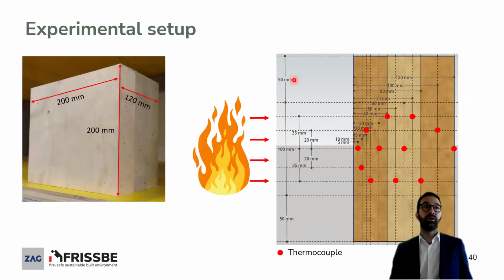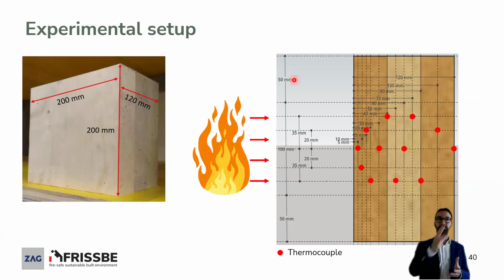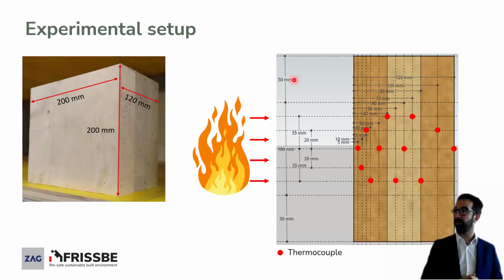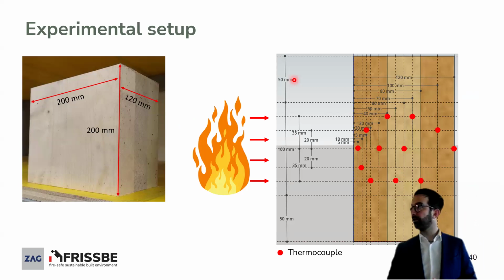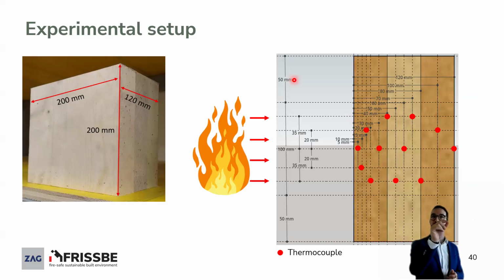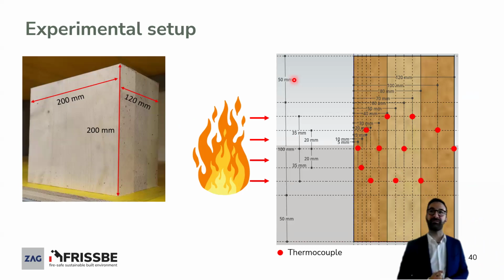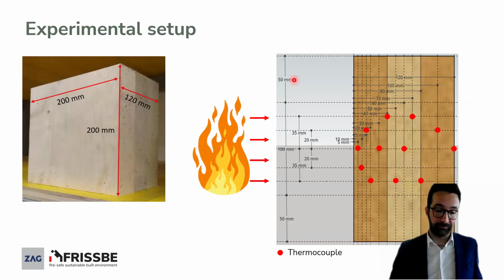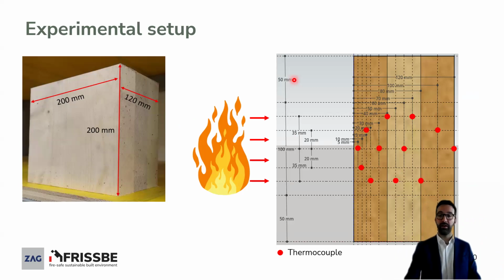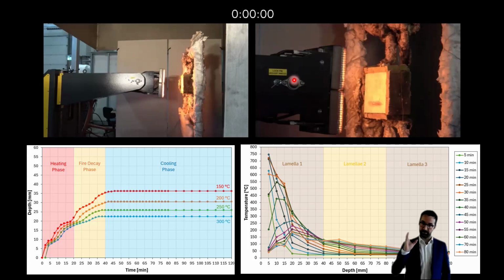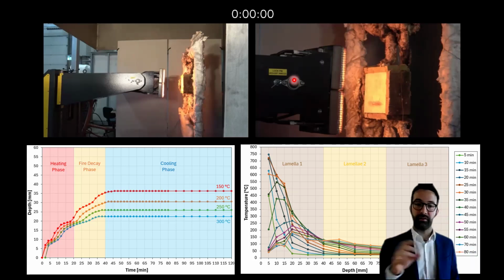So what we did, we took a piece of timber, 200 by 200, 120 millimeter thick, three lamellae, each lamella 40 millimeters. We applied thermocouples at different depths from the side, also following what Ian has been telling us about thermocouple accuracy in particularly low conductivity, low thermal inertia materials. And we started looking at the evolution of the temperature and of the different isotherms